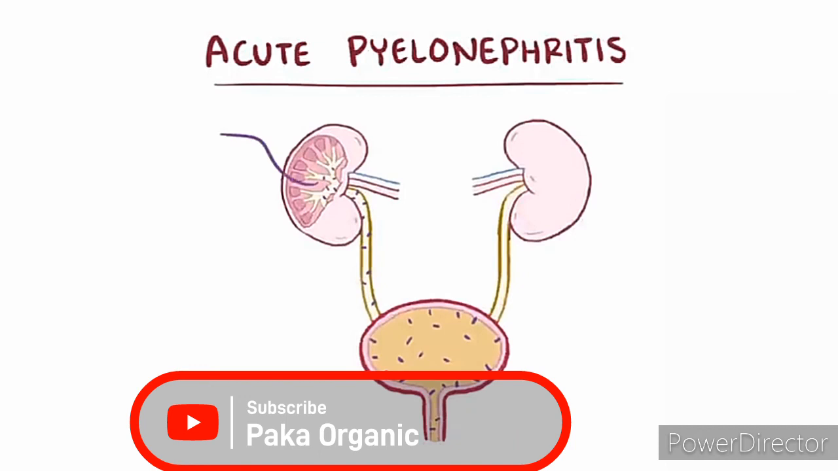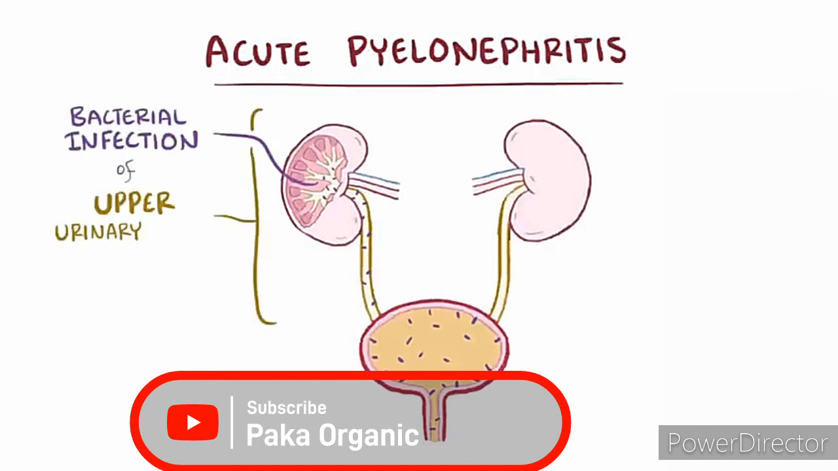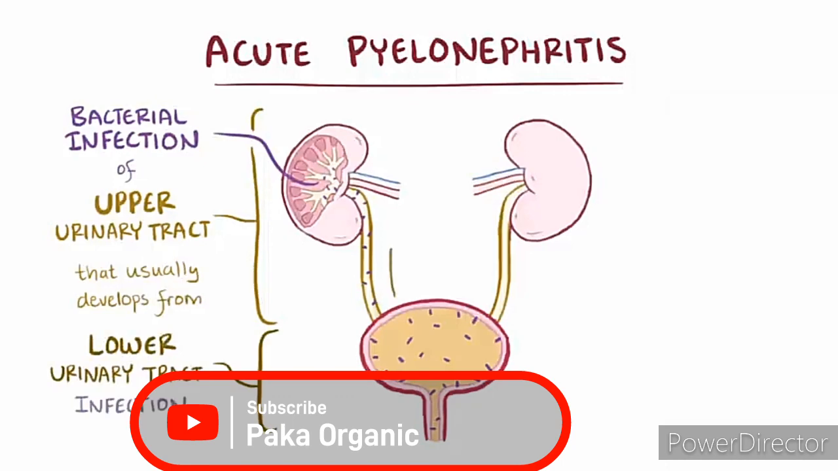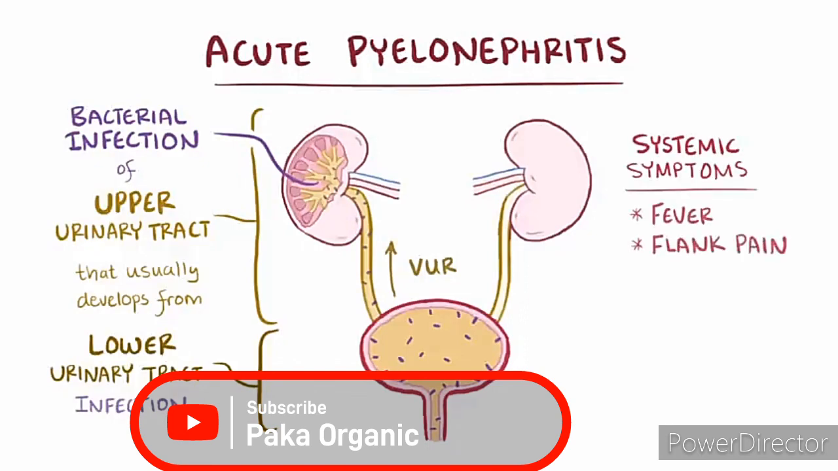Alright, as a quick recap, acute pyelonephritis is typically a bacterial infection of the upper urinary tract, which usually develops from a lower urinary tract infection, especially in individuals with vesicoureteral reflux. The infection causes systemic symptoms like fevers and flank pain at the costovertebral angle,